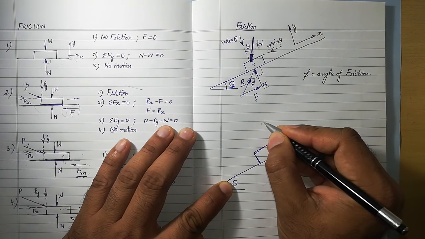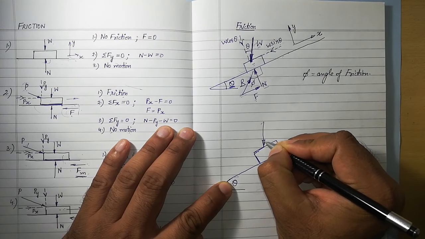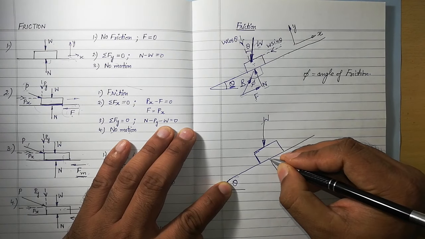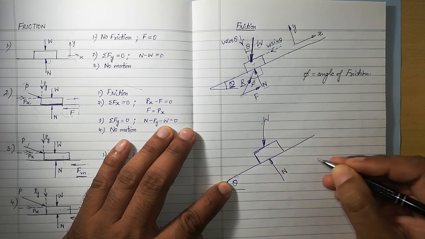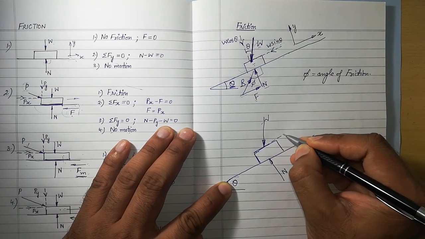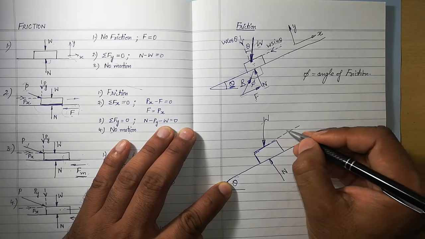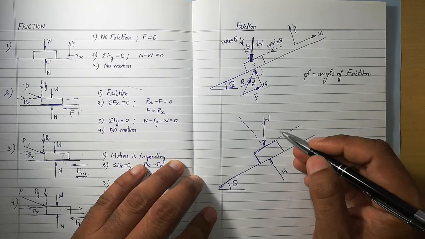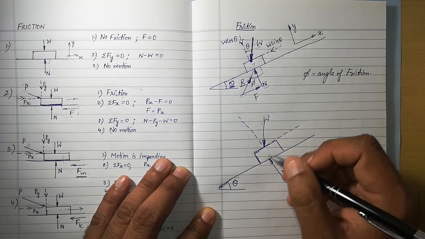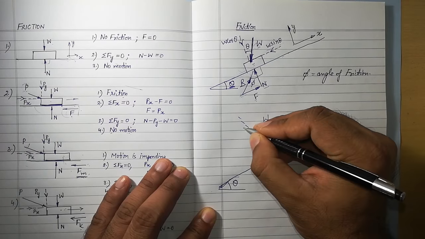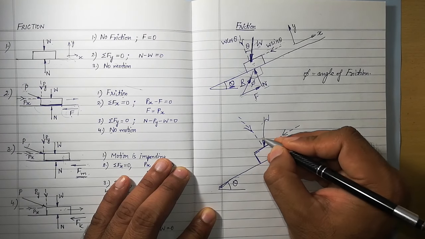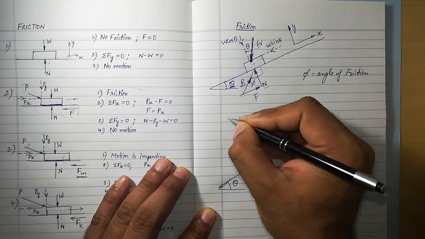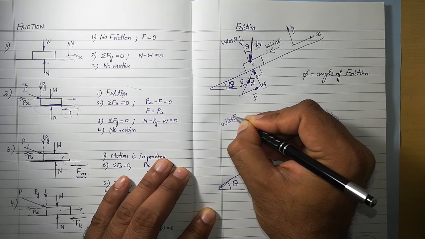So what will happen because of this increase? Let me show the free body. Let us say this is W acting in vertical downward direction. There will be a normal pressure N, and this is the horizontal component of W. This is the vertical component of W, let us say, or I can say this is along the surface, this is normal to the surface. Arrow heads towards the origin. If this is theta, this will be theta by geometry. It means this will be W sine theta, and this is W cos theta.